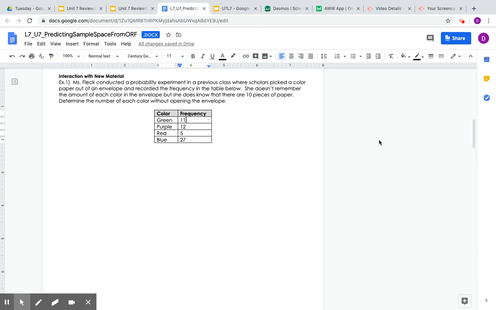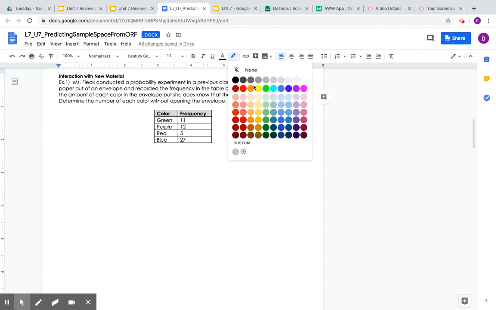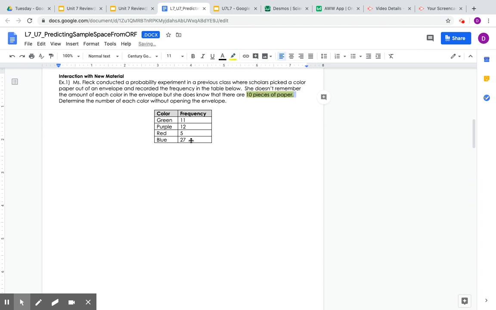Example 1. Ms. Fleck conducted a probability experiment in a previous class where scholars picked a color paper out of an envelope and recorded the frequency in the table below. She doesn't remember the amount of each color in the envelope, but she does know that there are 10 pieces of paper. Determine the number of each color without opening the envelope. So making some annotations here, we know that there are 10 pieces of paper in the envelope, not this much. This is just how many times she conducted the experiment, and they want us to make a prediction for each